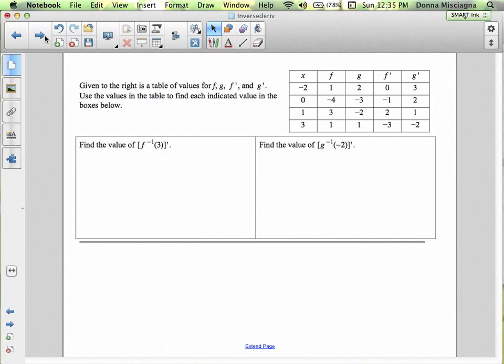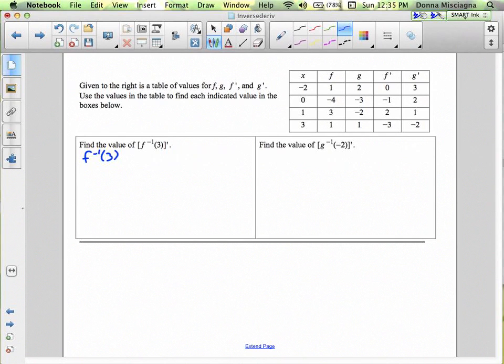All right, so given to the right is a table of values for f, g, f prime, and g prime. Use the values in the table to find each indicated value in the boxes below. We're going to be using the property that we just learned. All right, so we have f inverse of 3 prime, that's equal to,